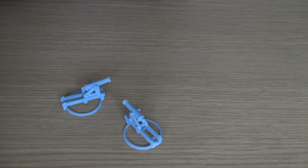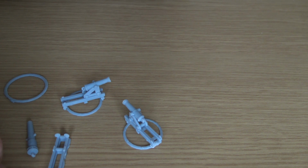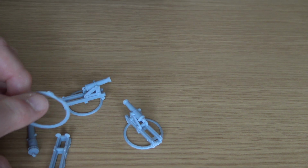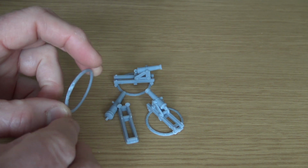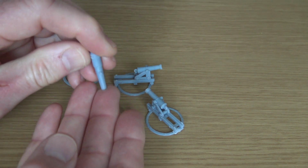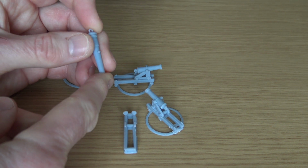These are, as I say, 6 different guns. Those 2 are the same, I think, as the one that is on the steamer. This is a different one here, but this one is a case in point, really, that it didn't print particularly well, because I had it attached to a platform without any supports. It was attached directly to the platform, and then it's hard to break it away. Much easier to break it off of supports, and the gun was attached directly to the build plate, so the very end of the muzzle actually remained on the